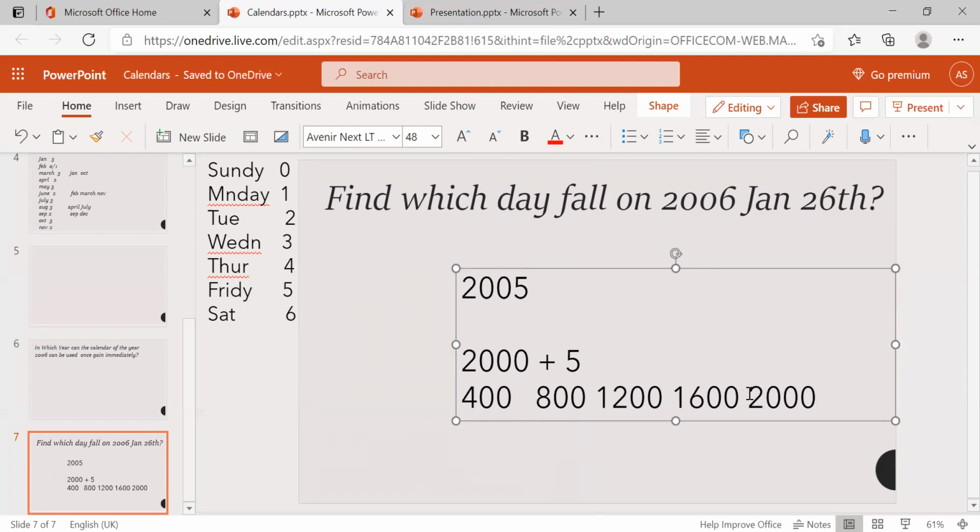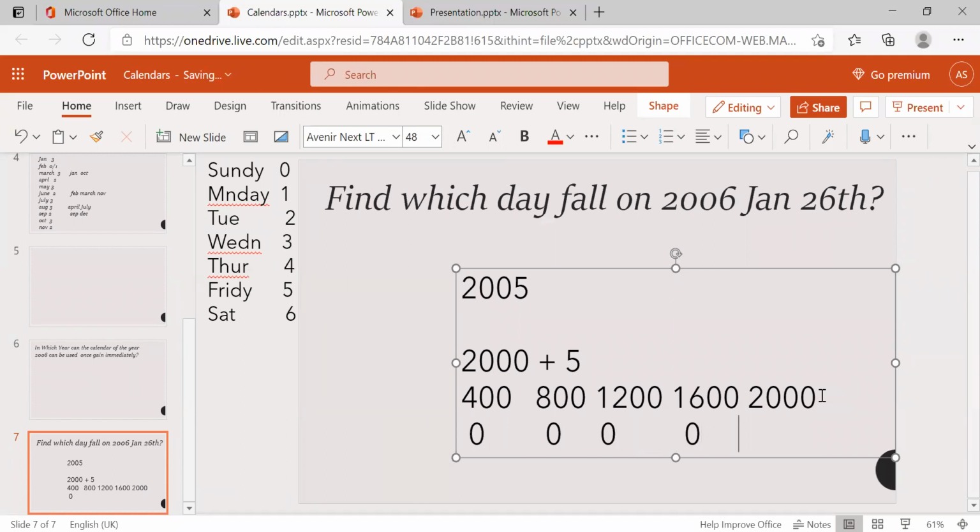These years are century leap years, divisible by 400. Whenever a century year is divisible by 400, we call it a century leap year. For all the century leap years, odd days become 0: for 400, 800, 1200, 1600 and 2000, odd days are 0.